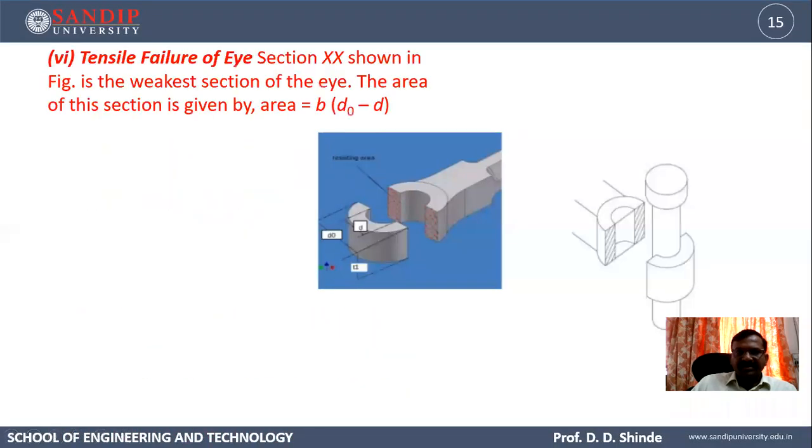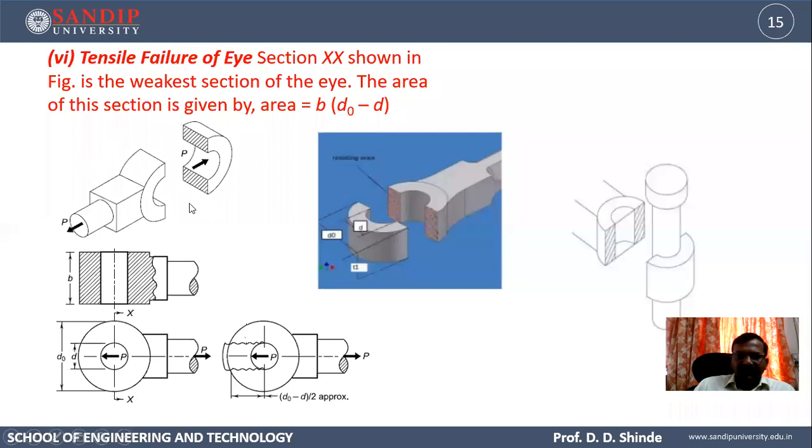So the next equation is for tensile failure of the eye. So here you can see, if I assume that the eye is failing, the central portion, which we call the eye, is failing due to tension. Here the pin is inserted. Now instead of assuming that the pin shears, we assume that the pin is strong and this eye is weaker. So if it fails, you can see that it will split into two parts, and this hatched portion, you can see, is the area which is resisting the stress, that is tensile stress.